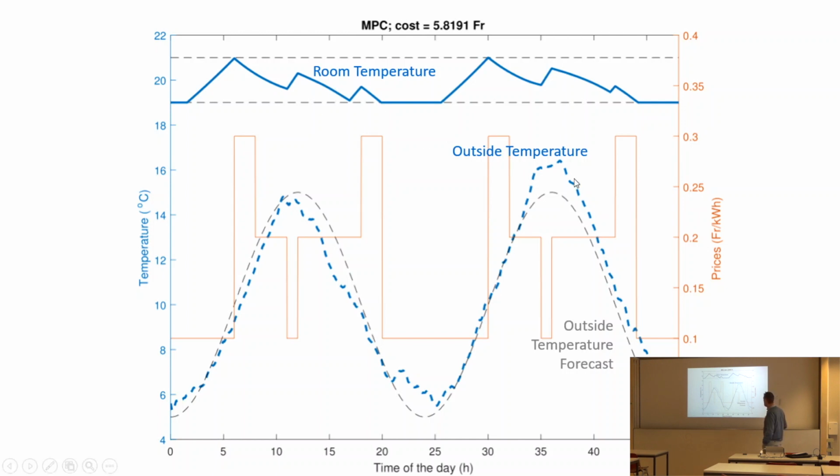Now you see that the outside temperature is not following exactly the forecast, so of course that will also have an impact. The system will react because it will sense the inside temperature. If the inside temperature is decreasing less fast than it should because the outside temperature is warmer, then it will react and do perhaps less of its action. The cost here for 1 day or 2 days of operation is given here, 5.81,